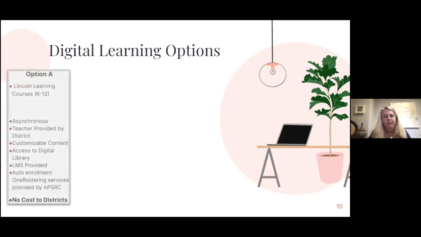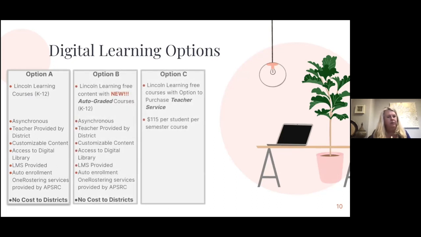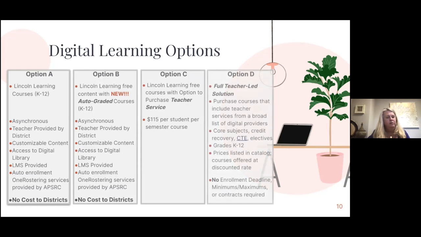So to put this back in front of you again, just to recap what we shared today, we're trying to do things in bite-sized pieces. There are options available now to support digital learning needs going forward that range from digital curriculum content that a district might choose to use as a supplement for blended learning options this fall, as well as a complete solution to meet virtual learning needs during our transition to next year.